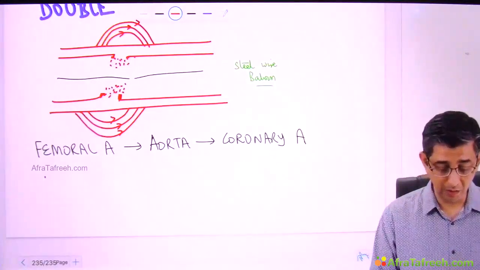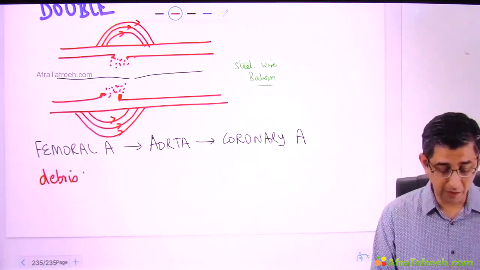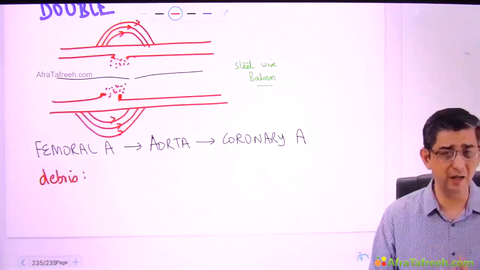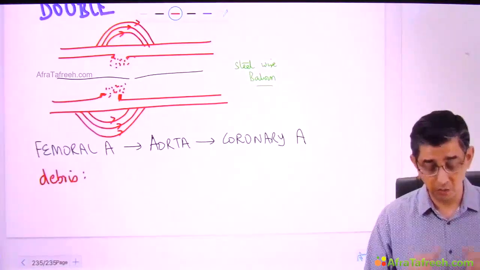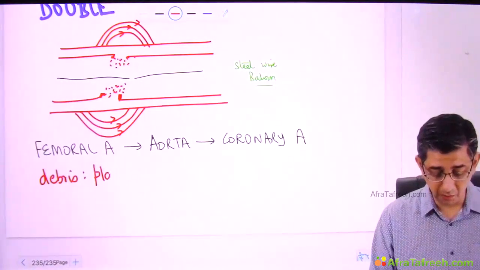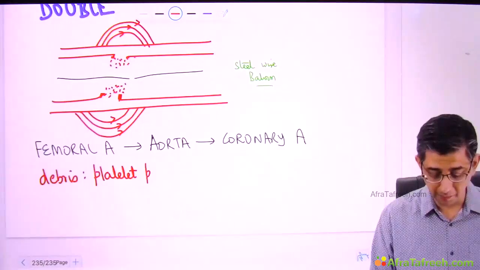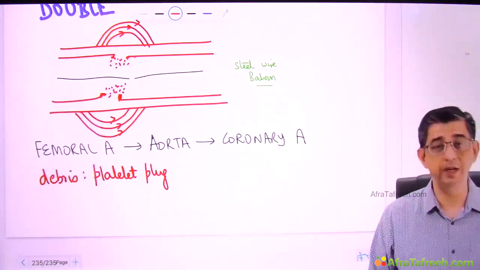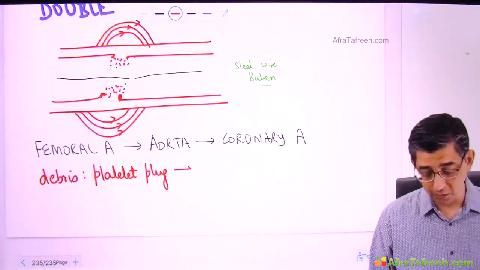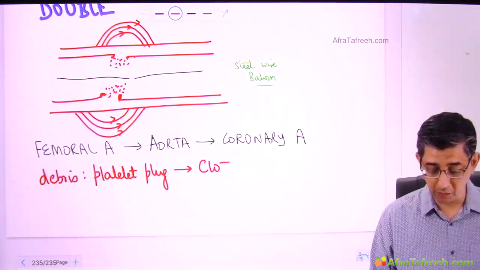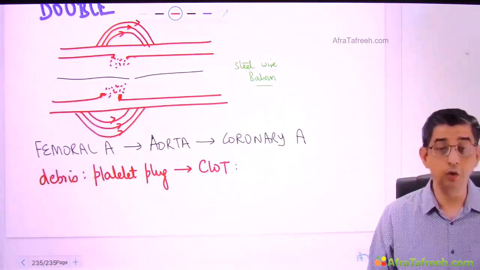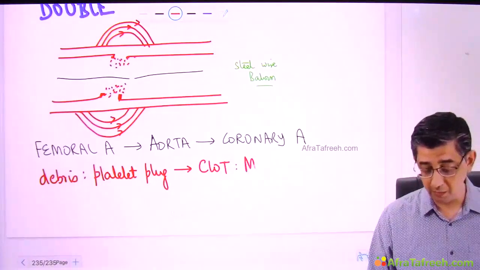But the bad news is the debris which is generated is going to be a troublemaker. Why? Because platelets are attracted to anything foreign in the blood vessel. So the moment there would be debris generation here, there would be a formation of a platelet plug. At the moment there's a platelet plug formation, then in those circumstances there could be a clot formation, thrombus formation, and in fact on the table itself the person can develop a MI also.